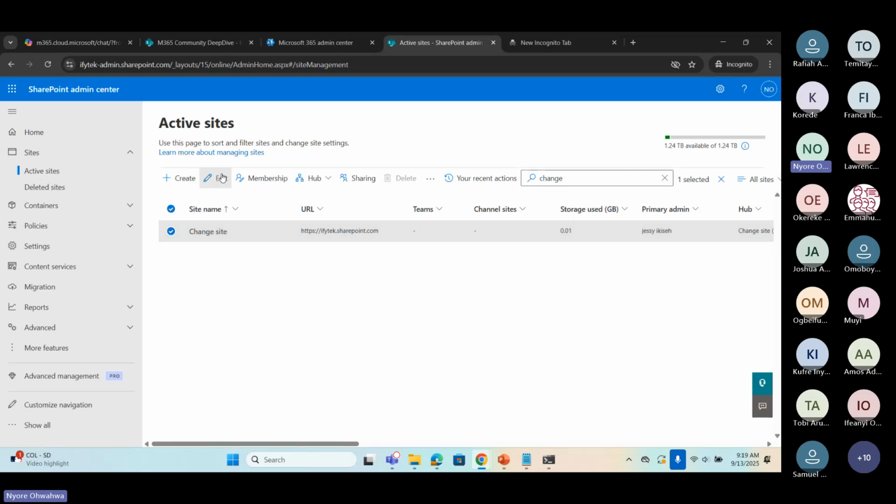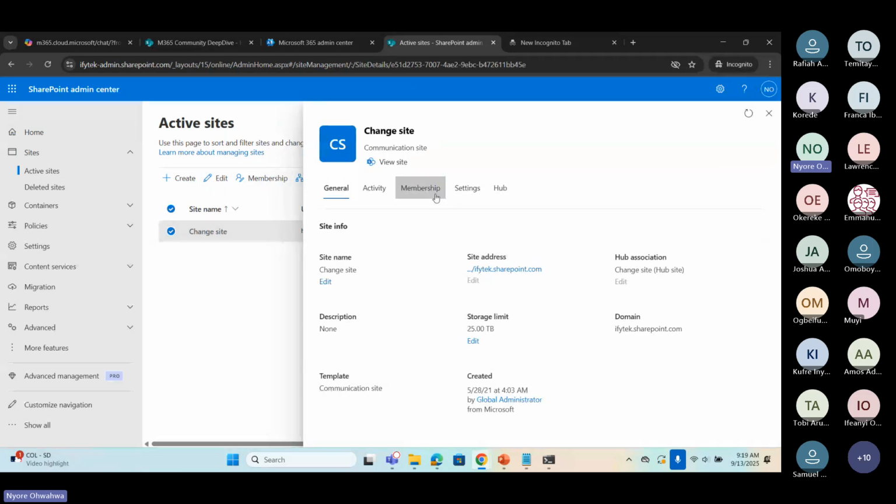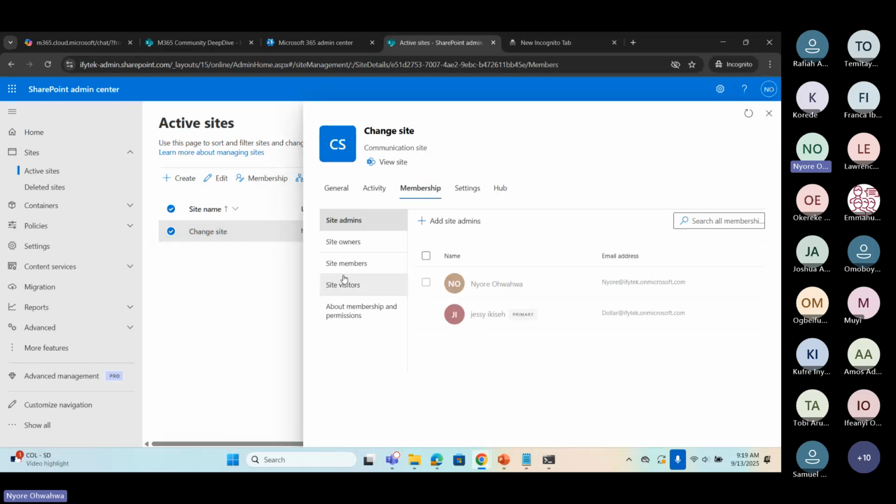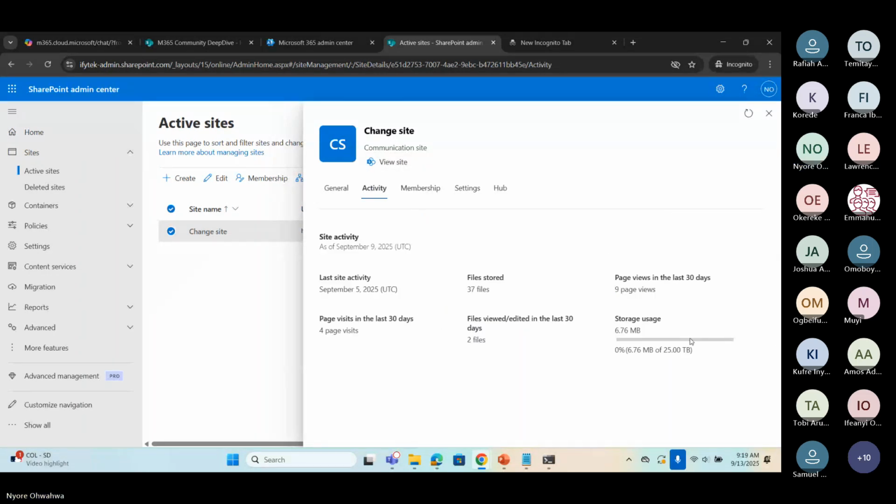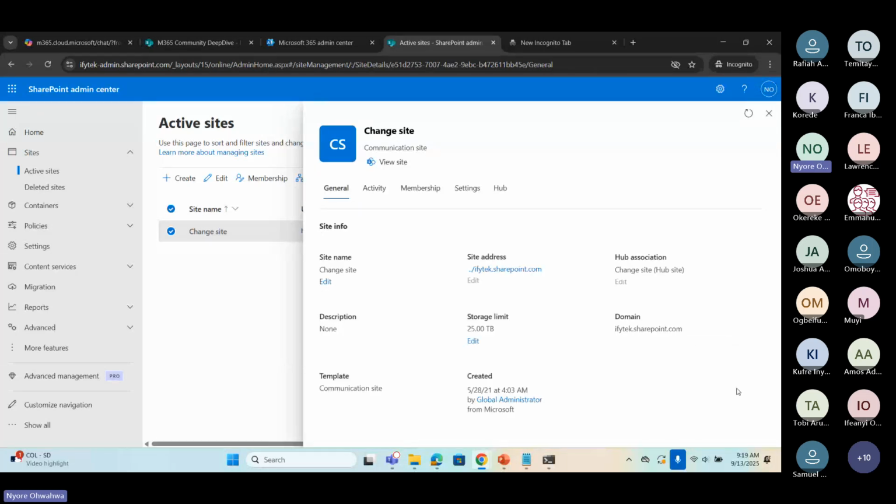So you can also manage it like every other thing that we did. You can add members, owners, visitors, and all of that. Activities are there as well. And then also, another thing is a root site is not a site that has a group. A root site doesn't come with a group.